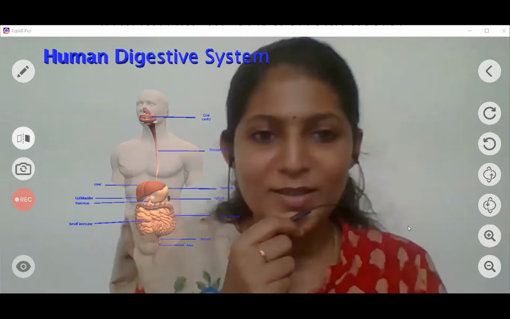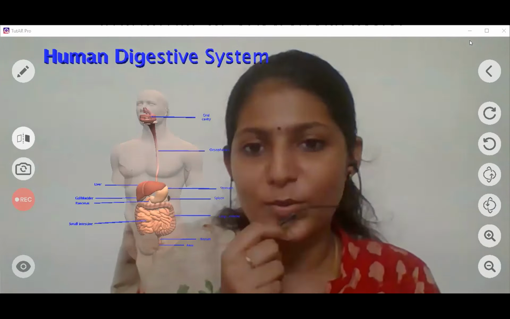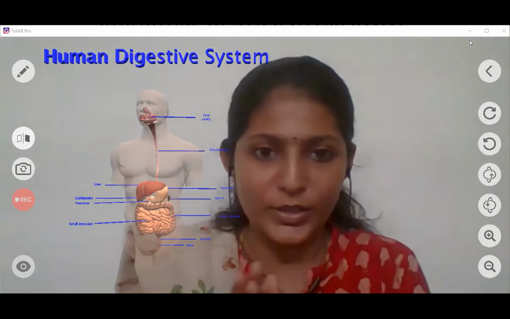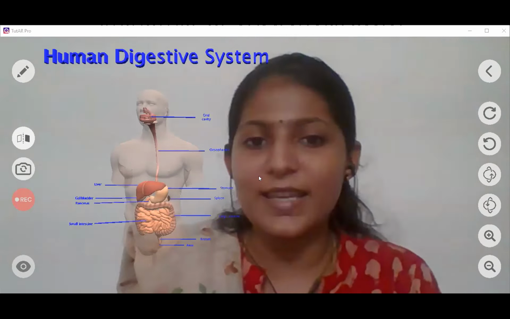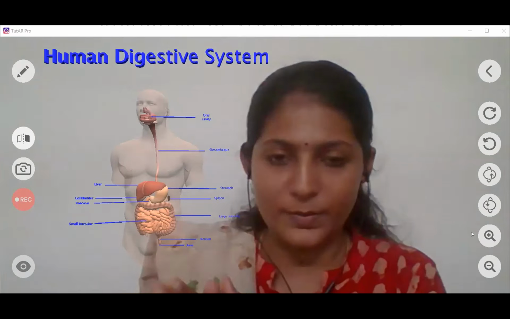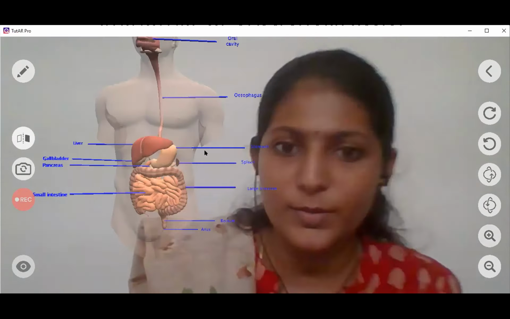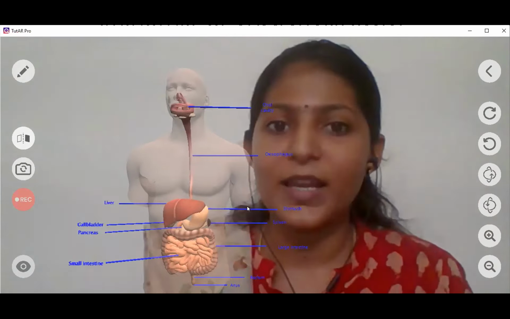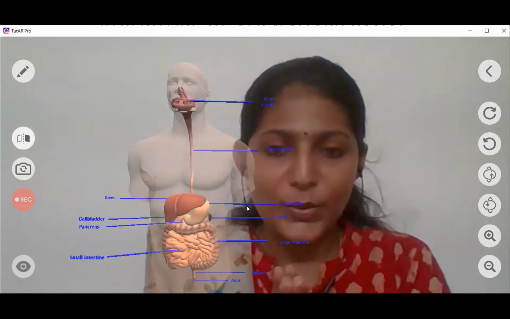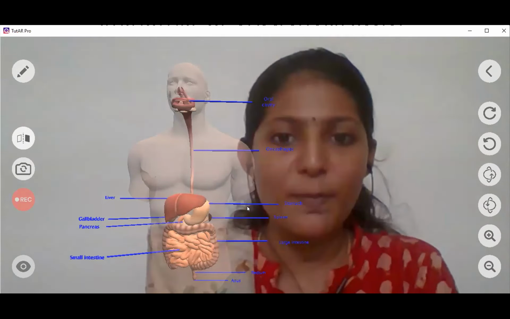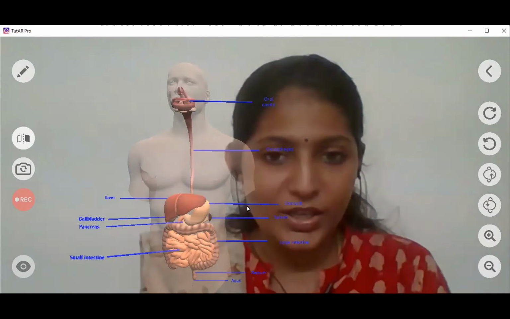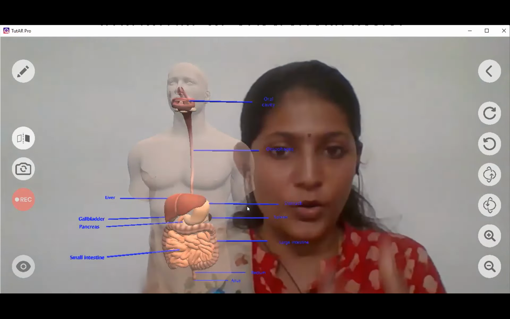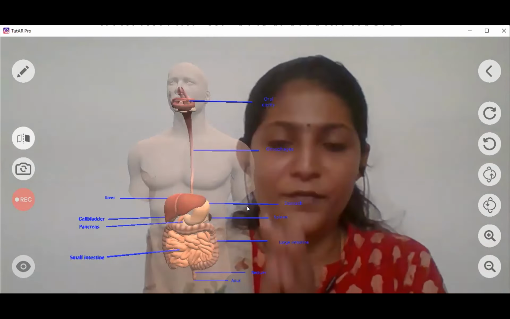So this is one advantage of the tutor app. The teacher is visible to the students. And as you see here, you can see the digestive system. Hope you can see the 3D model of the digestive system. I can still enlarge it. So now this gives you a real classroom impact where the students are able to see the teacher and her actions, emotions, everything they are able to see.